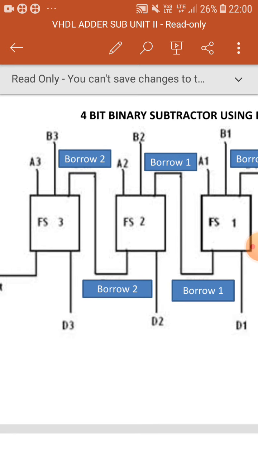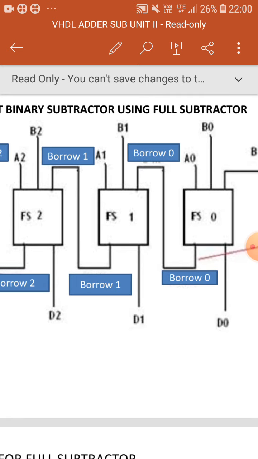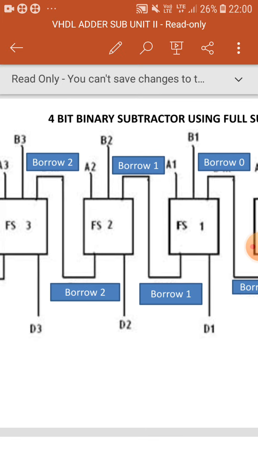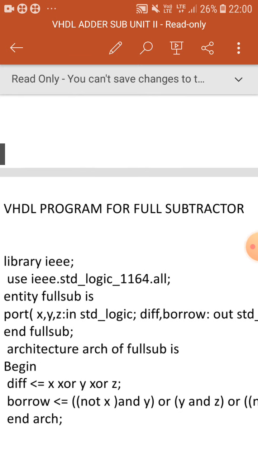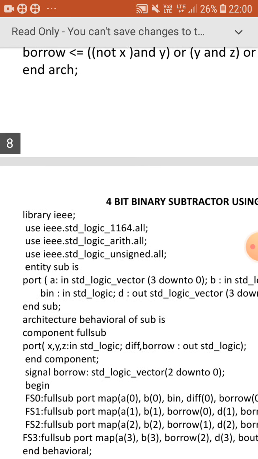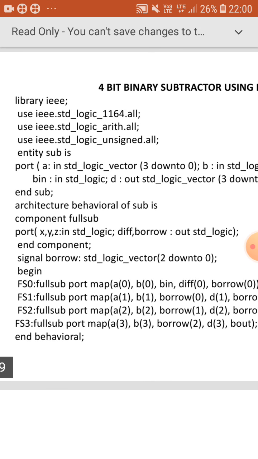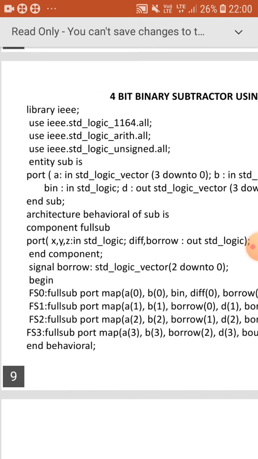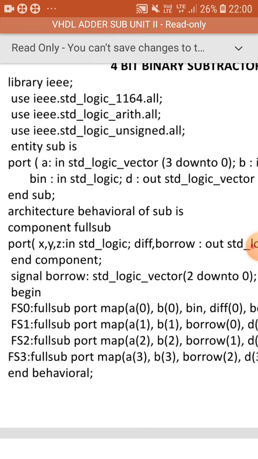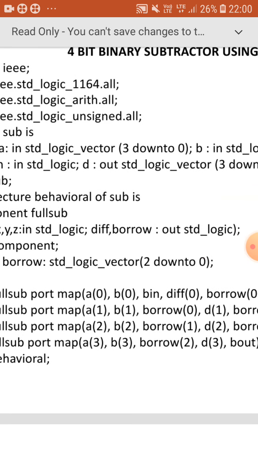Borrow 2 is the output of full subtractor FS2, which is the input of full subtractor FS3. So borrow 0, borrow 1 and borrow 2 are input as well as output. So you have to declare borrow 0, borrow 1 and borrow 2 as inout, or you can declare a signal. Here, signal borrow colon std_logic_vector 2 down to 0.